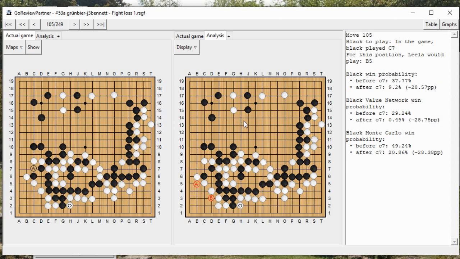So let me explain a little bit about what's going on here. I guess I can do it on this board. There's this group of stones. I'm black, and there's this group of stones which is almost surrounded. Well, it is surrounded at this point. And my attempt to break out up here has failed, and I'm going to lose this group and lose the